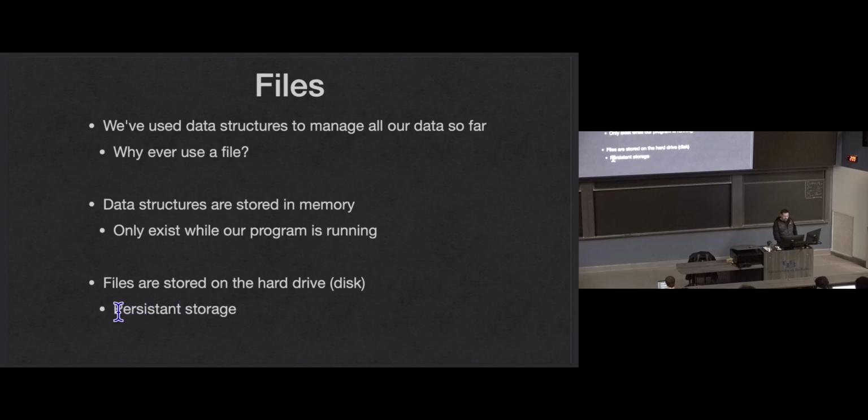The difference with files is it's persistent storage. Files live before our program starts, and they'll live on after our program ends. They're bigger than our program, they live outside of our program, and they're outside of the control of our program, which is going to be an interesting topic when we get into this. We don't control these files. They exist as a separate thing on our hard disk, our hard drive. We say they're saved on disk. That's separate from memory, which is our RAM sticks. Files are stored in the hard drive, which is disk space.